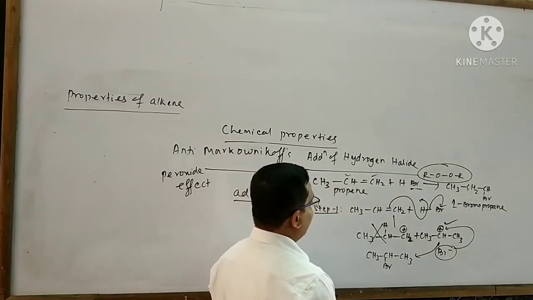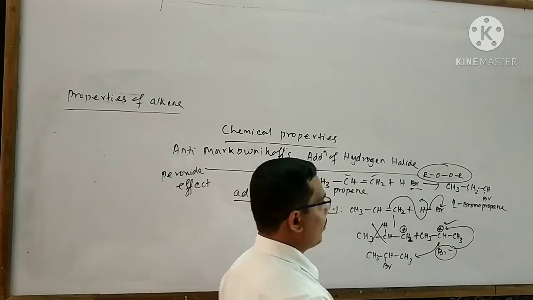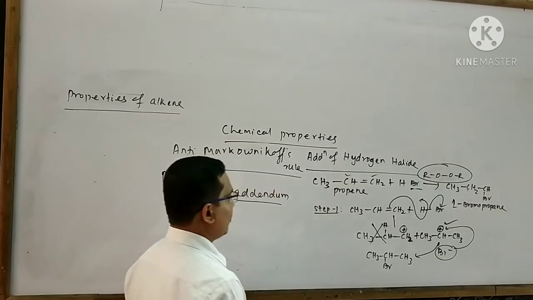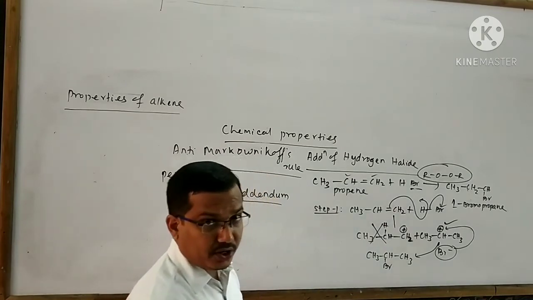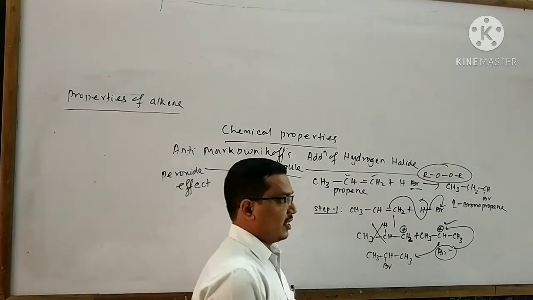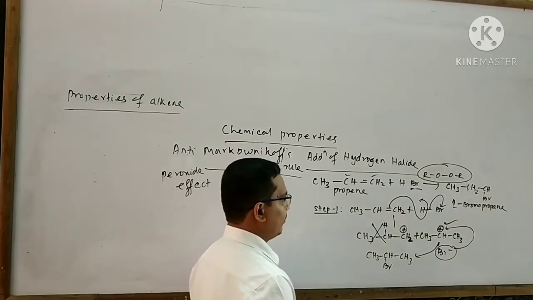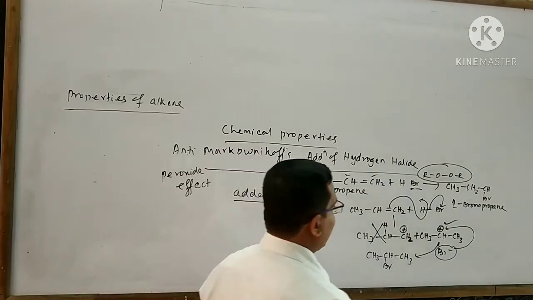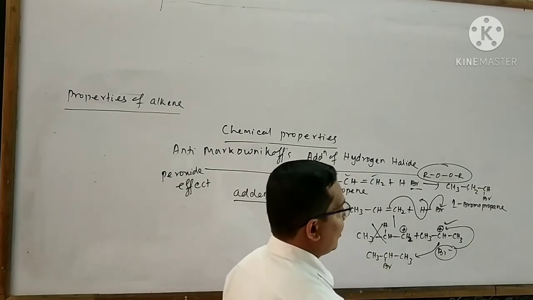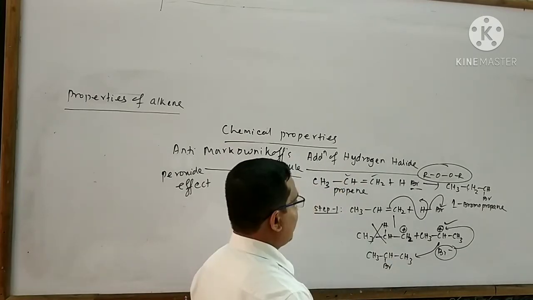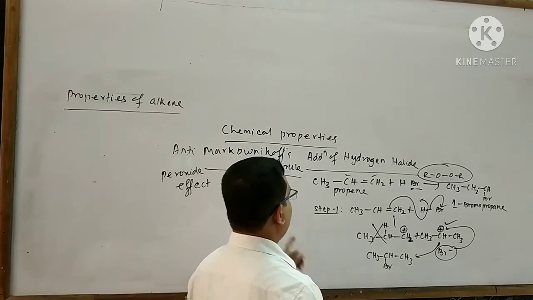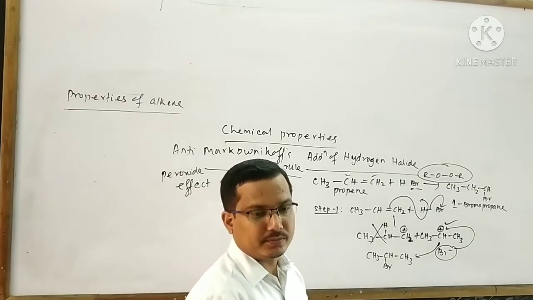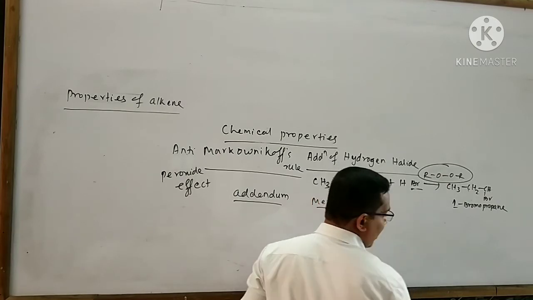When we think about the reaction between propene and HBr, then the reaction follows the electrophilic addition reaction mechanism. But when I think about the reaction between propene and HBr in the presence of organic peroxide, then the reaction generally proceeds through a free radical mechanism. This reaction is based upon the anti-Markovnikov's rule. Now I want to explain this reaction by mechanism, how this reaction is possible and how this reaction follows the anti-Markovnikov's rule. First step is formation of the free radical.